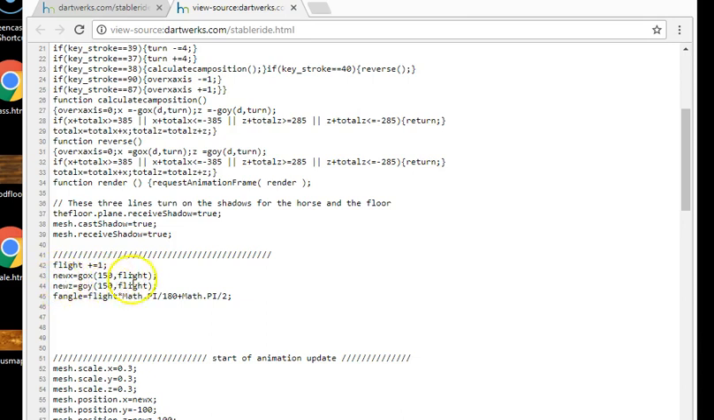Those two lines right there give you, every time that flight changes, his new position on that circle, his new x and z. Okay, that's crucial. Then what happens is,